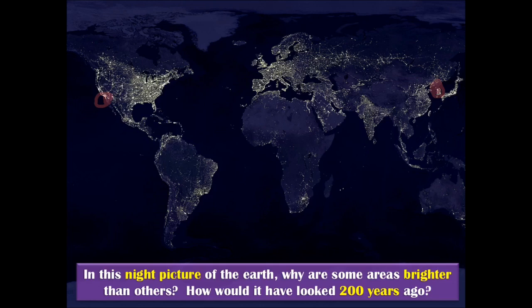What are some other really bright places that you see? Where's Europe? Here's Europe. It's pretty bright. What about the east coast of the United States? Also very bright. And then take a look at Japan over here. Japan's very bright as well. Those are some areas that are really bright. What about the continent, not the country, the continent of Africa? It's a pretty dark continent, isn't it?